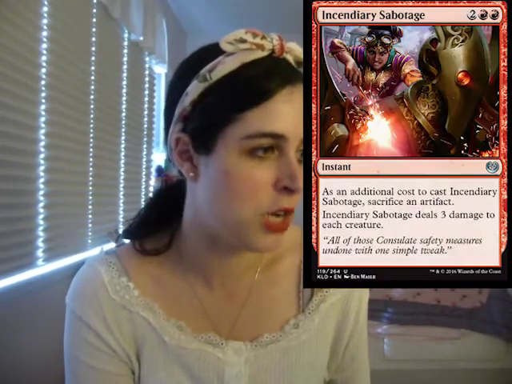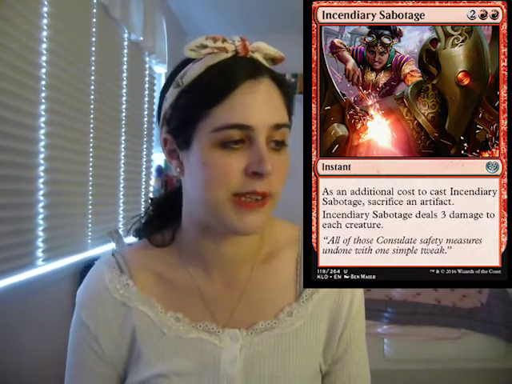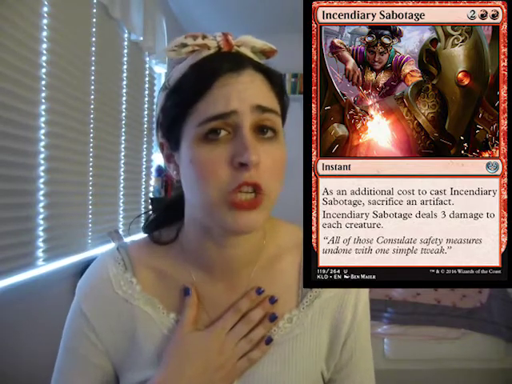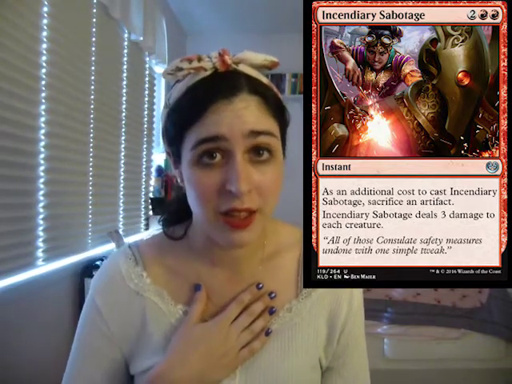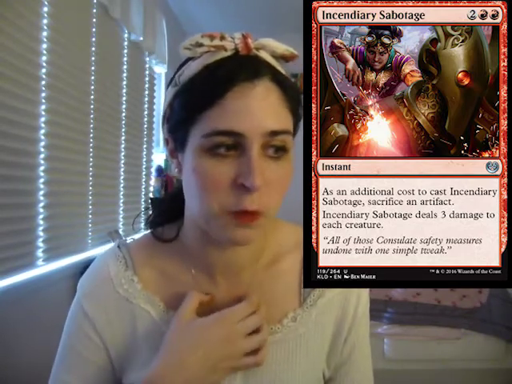Then we have Incendiary Sabotage. So as an additional cost, you have to sacrifice an artifact, but getting to deal 3 damage to each creature at instant speed is really, really good. Yes, you have to sack an artifact, but,